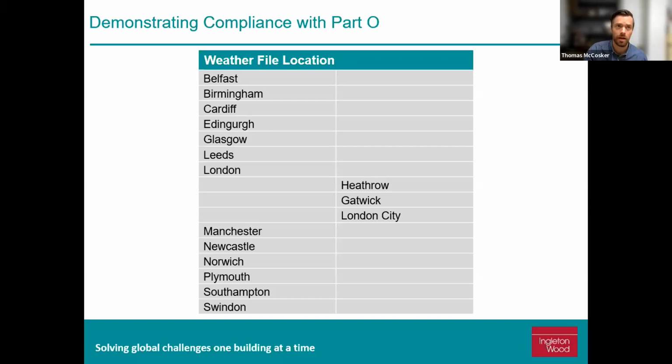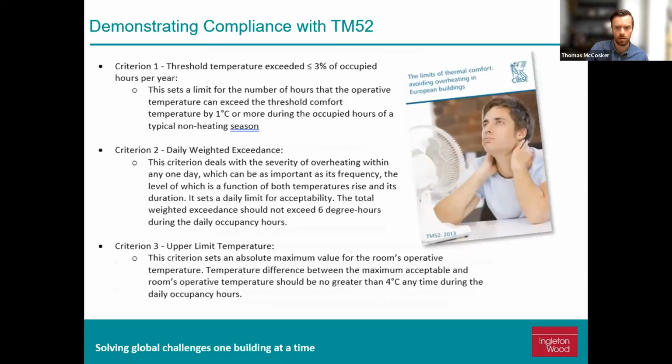We had high risk and high risk areas for the simplified method. This has dedicated weather files for certain areas, and the appropriate weather file has to be used and demonstrated that it has been used within the thermal modeling report. These weather files are DSY files, or design summary years. There's 14 of them spread out across the UK. A couple of them are in London. So that's TM59 in a nutshell.